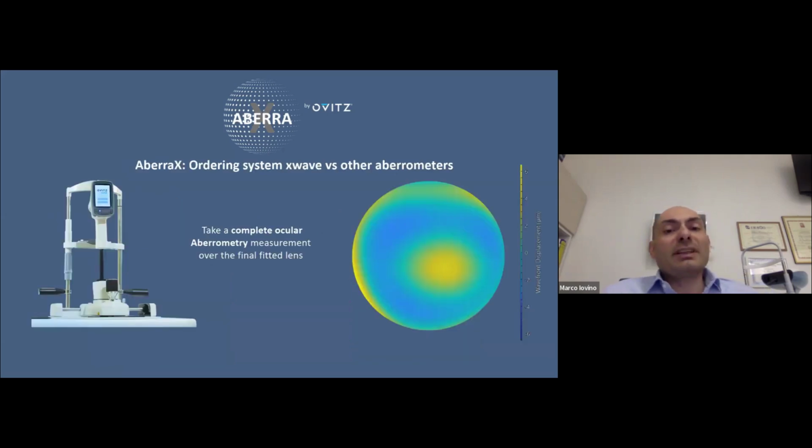The Aberra-X ordering system with X-Wave is very comfortable and very effective. This instrument also takes a complete ocular aberrometry over the final lens. So it is designed to work over lenses. At the end it is very similar to an ocular aberrometer, but it is specially designed for over-aberrometry